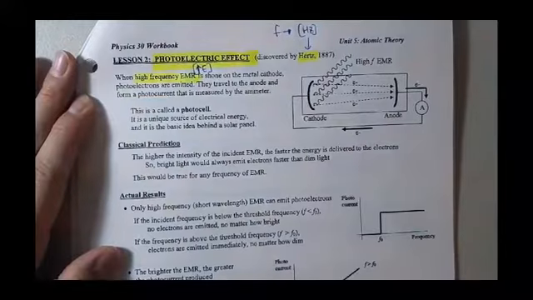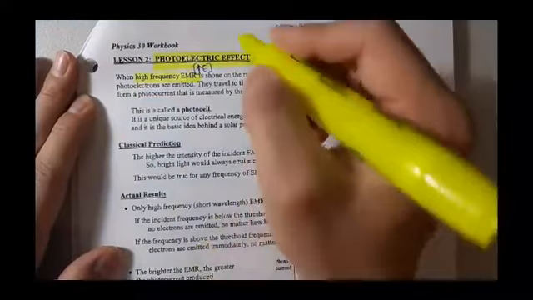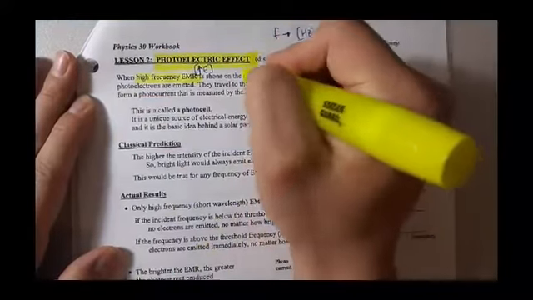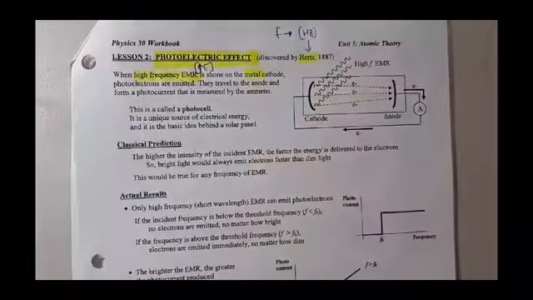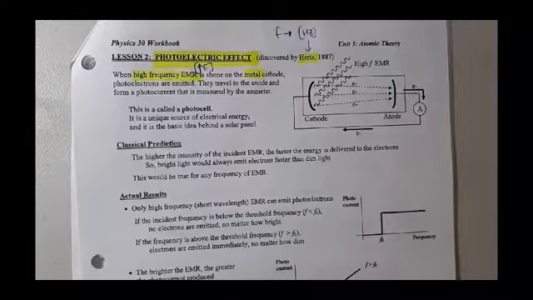And if high-frequency EMR is shone upon any type of metal, and this is a cathode ray tube setup, a famous experiment, well, this is not a cathode ray tube, but you can see a similar situation: cathode on one side, anode on the other side. If it happens to go through one of the metal electrodes, scientists detect that electrons are generated,